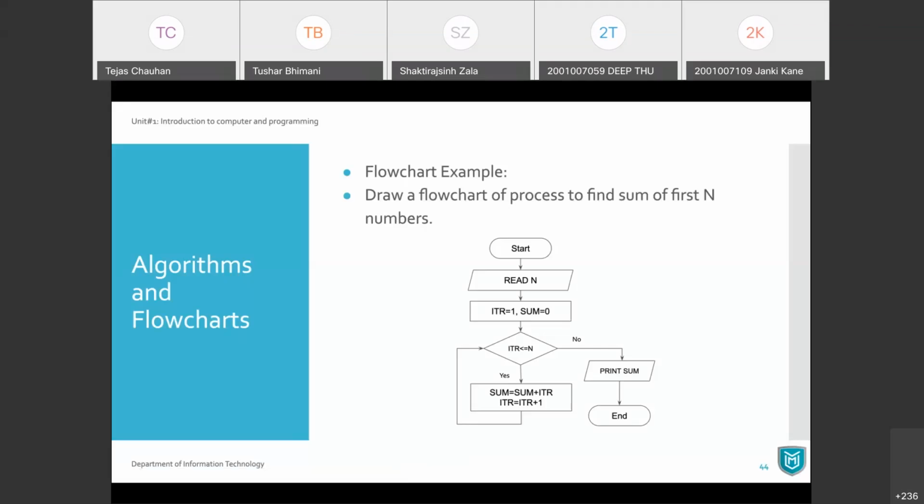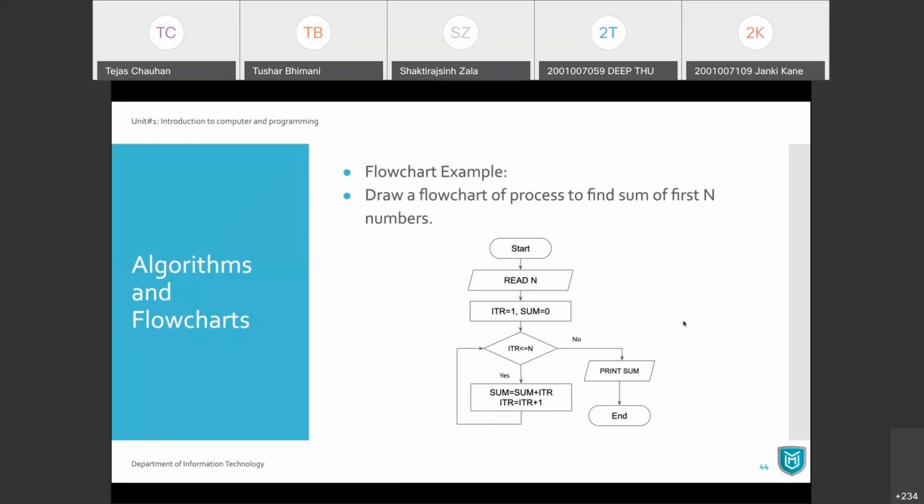So this is the example of having iteration inside your flowchart, having a cycle here. This is a loop, this is a cycle, but that cycle is performed based on this condition. If that condition is true, we go inside that cycle, but if that condition is false, we go out of that cycle and we end our process. So that's another example of a flowchart which considers a cycle inside.